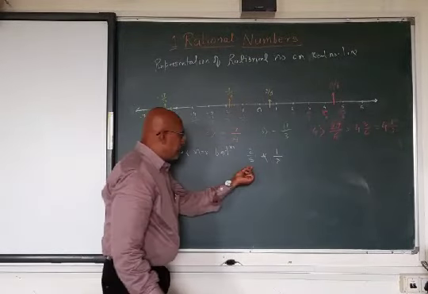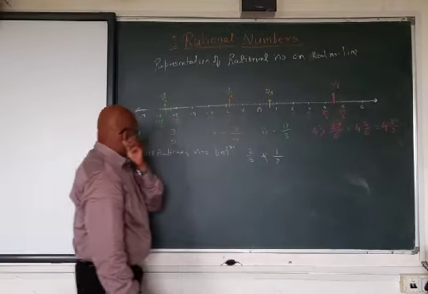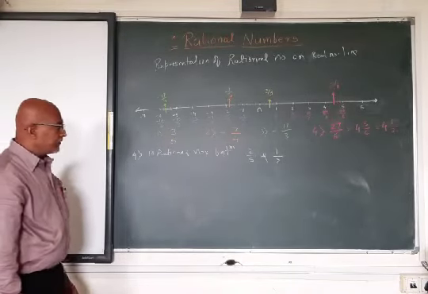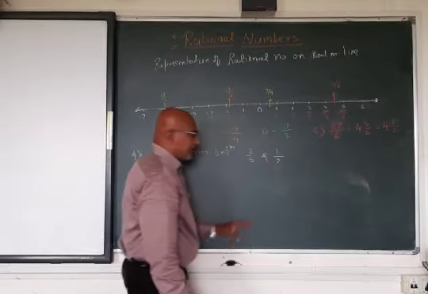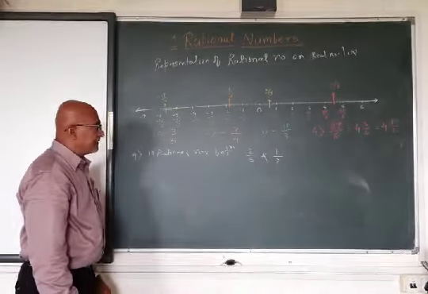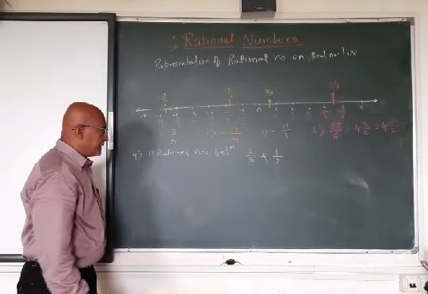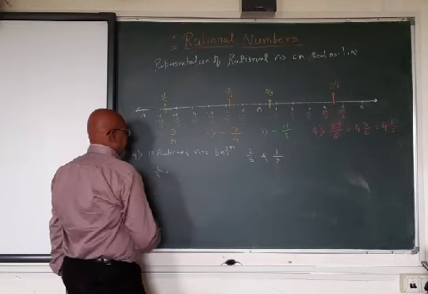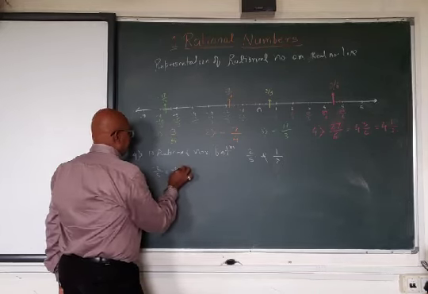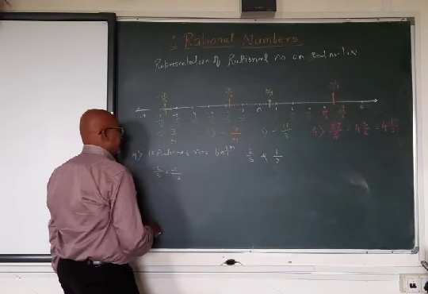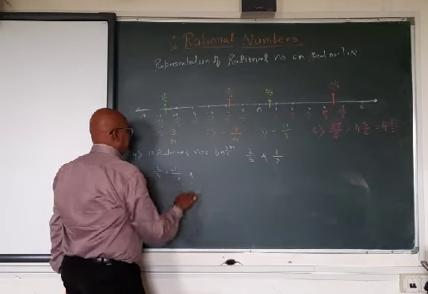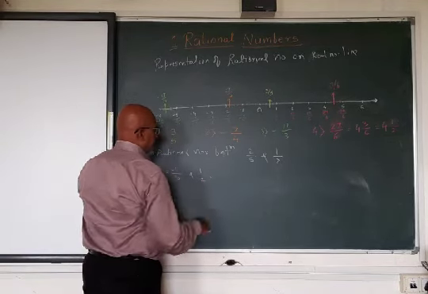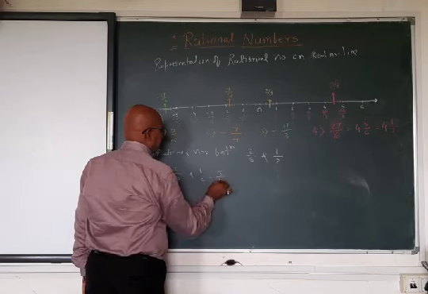Now, what we have to do is, here the denominators are different. So, obviously, it will be very difficult to find out the thing. So, what we do, we'll first make this denominator equal. That is, we'll take the LCM of 5 and 2, which comes out to be 10. So, minus 2 upon 5 equals minus 4 upon 10, and 1 upon 2, multiplying by 5 both sides, will be 5 by 10.